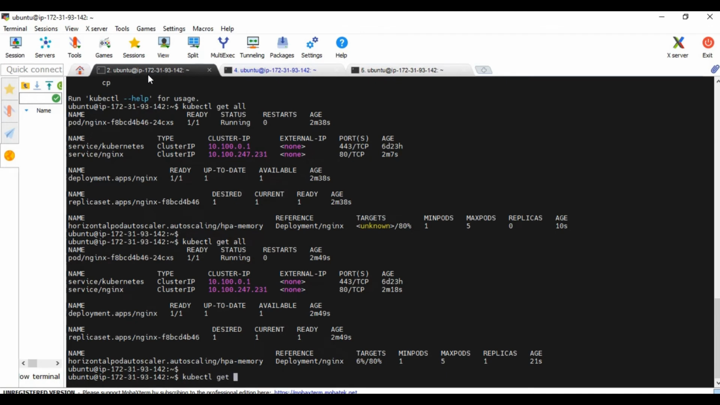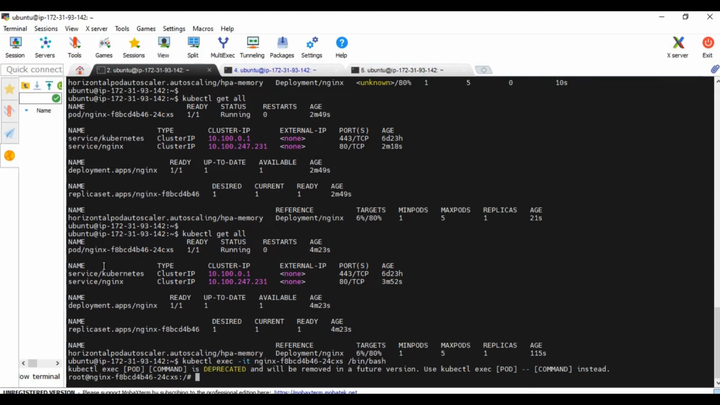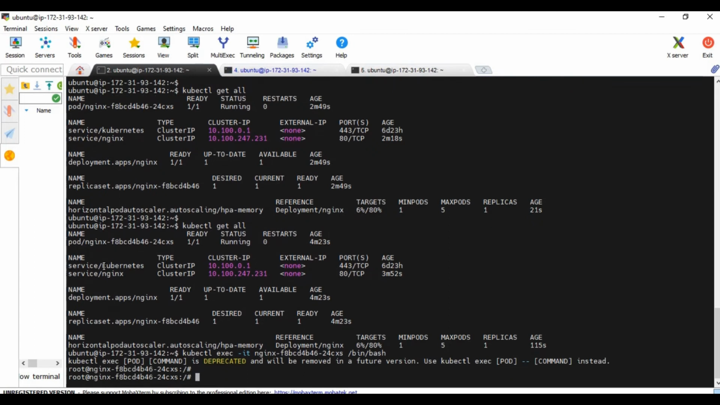kubectl get all. This is the nginx pod we are going to log in to, and then we will be running the stress command. For that, kubectl exec -it, then the pod name nginx and the command bin bash. So I'm going to run bin bash inside the container. Okay, so now I'm inside the pod,